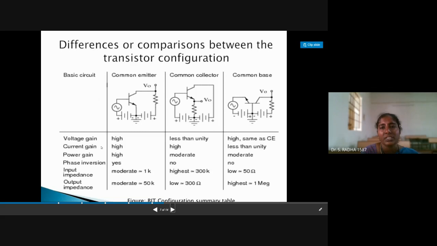These are the three configurations. These are the advantages, disadvantages. Voltage gain will be high in common base. Current gain will be high in common collector. If you are very much bothered about current gain in your application, current gain is the main requirement, we have to go for common collector. If voltage gain is the main requirement, we can go for common base. Moderately, if both are okay, then we can prefer common emitter. Common emitter is the maximum used out of these three configurations. You may get all these questions in Viva.